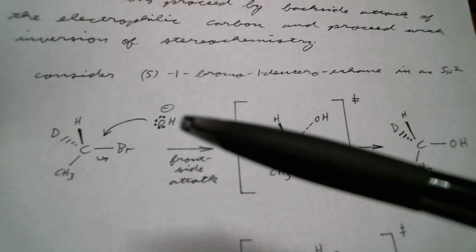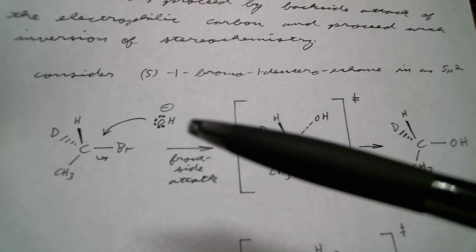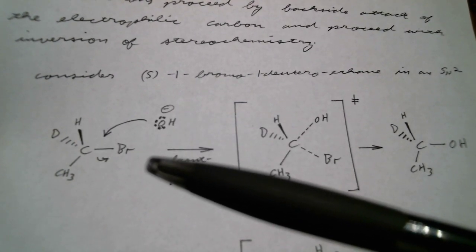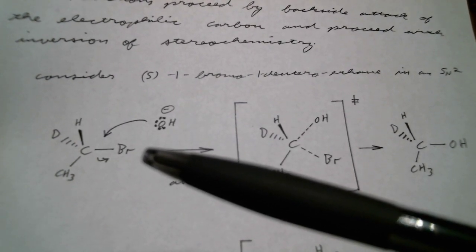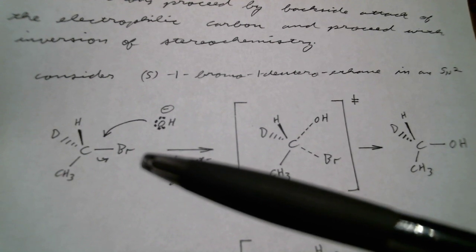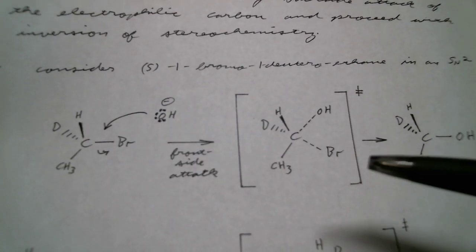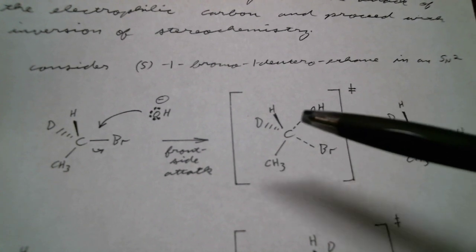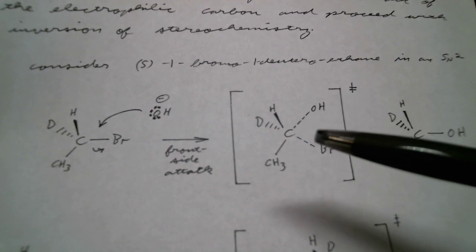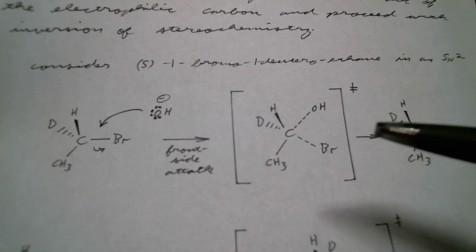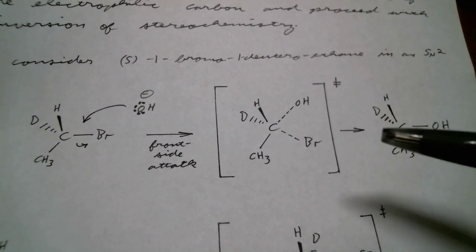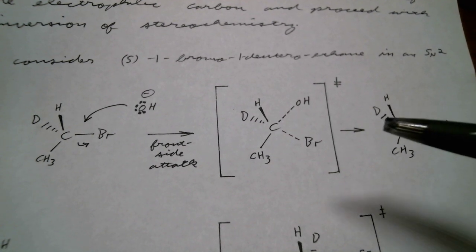It's front side because the hydroxide nucleophile is coming in from the same side as our bromine leaving group is on. And so we'd get a transition state that kind of looks like this, where our bond to our hydroxide oxygen is forming, our bond from the carbon to the bromine is breaking, and we get, wow,